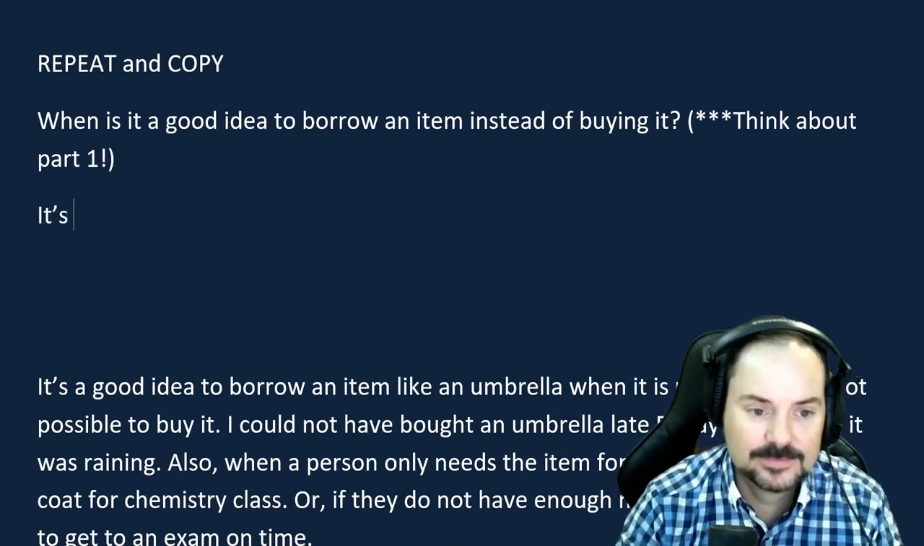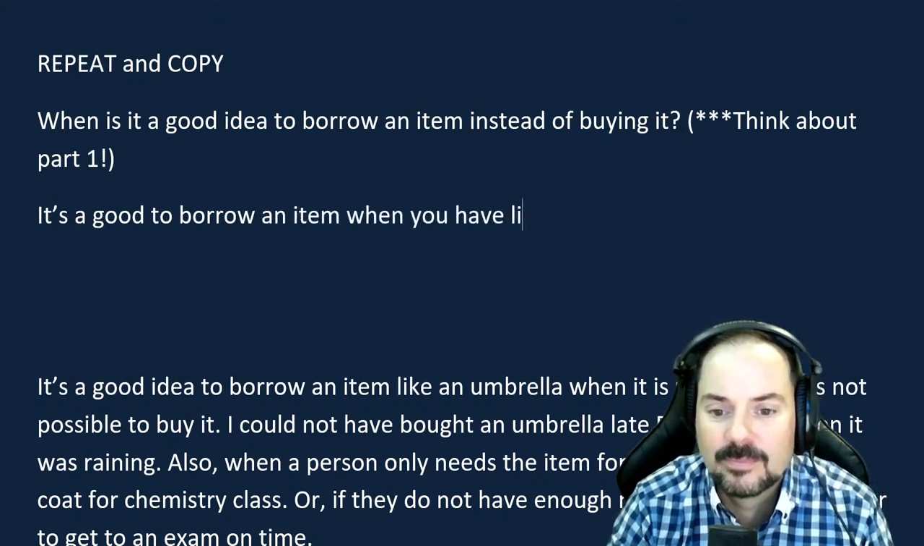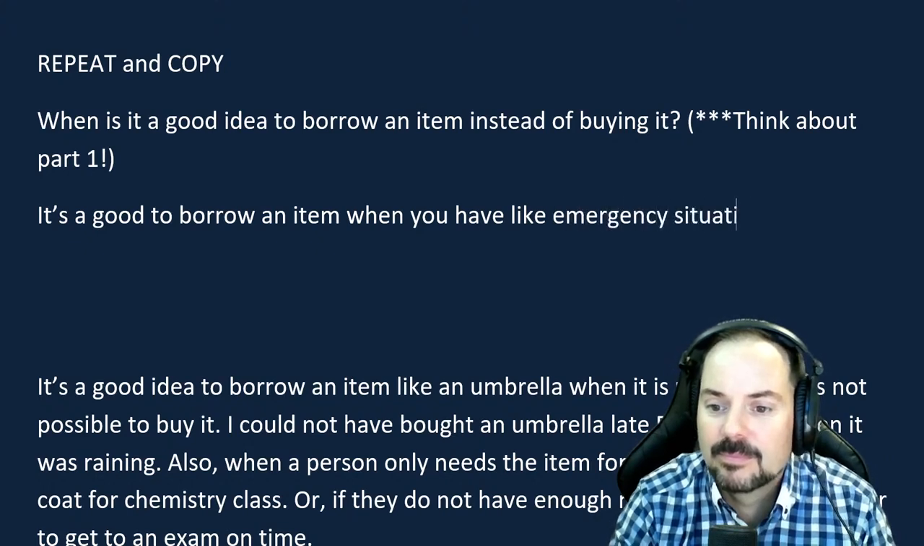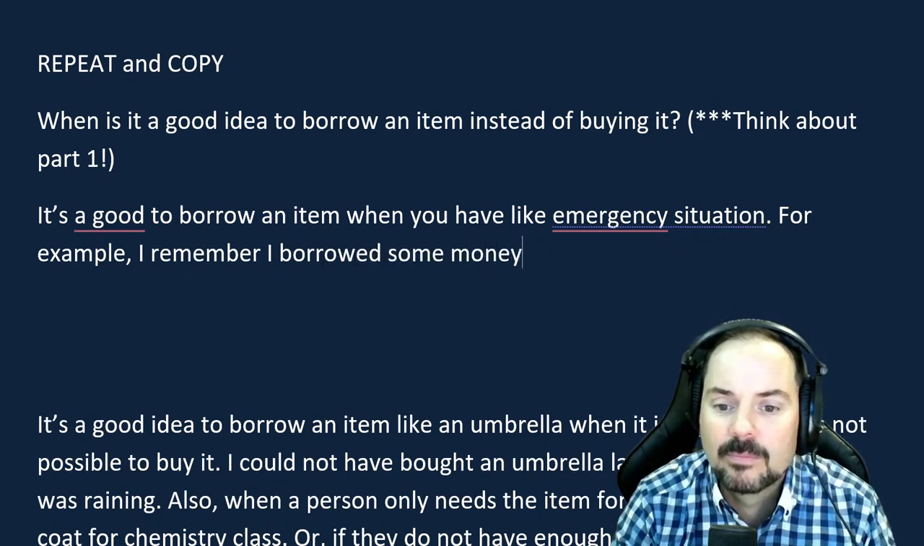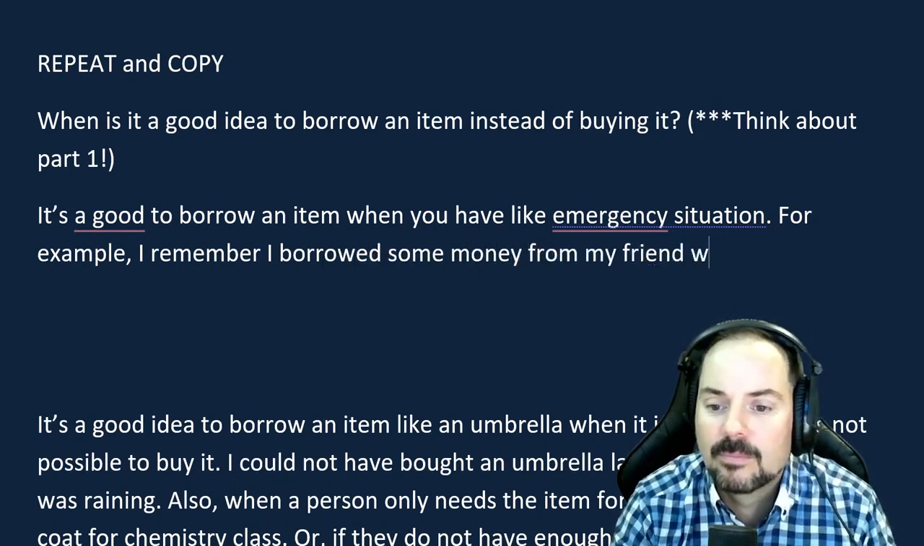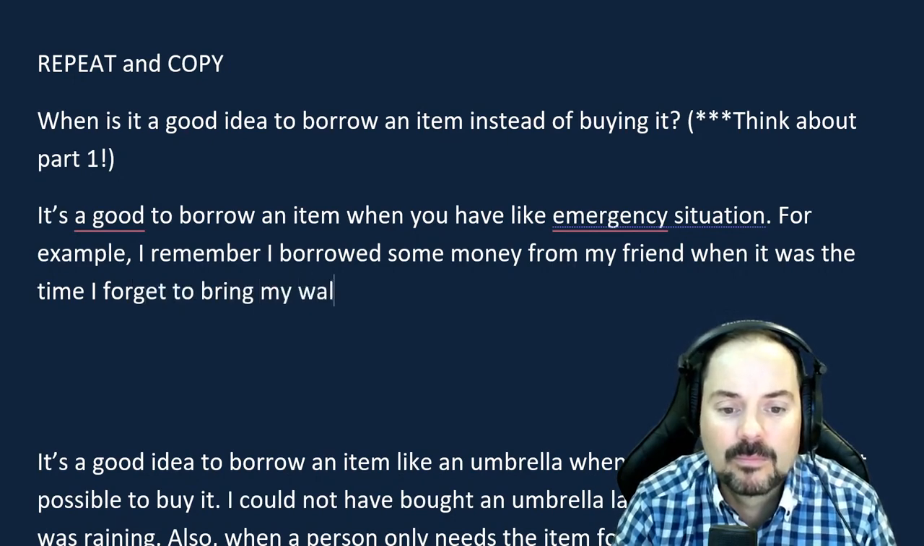It's a good idea to borrow an item when you have like an emergency situation. For example, I remember I borrowed some money from my friend when I forgot to bring my wallet, and then at the time we went to a party, and then